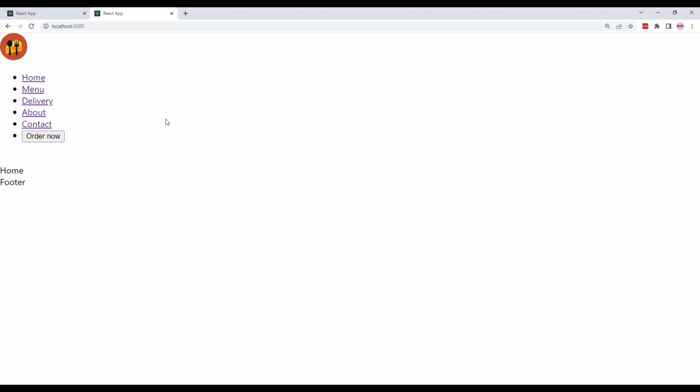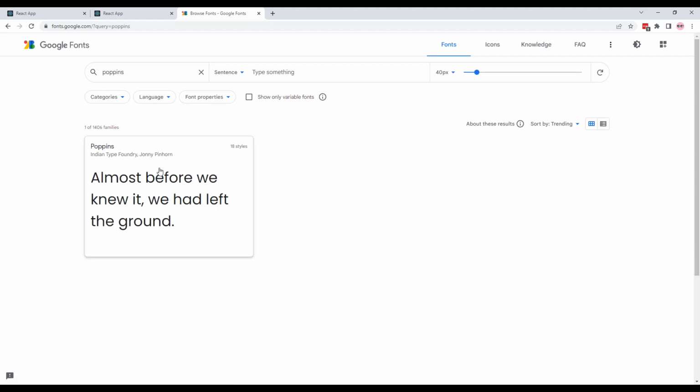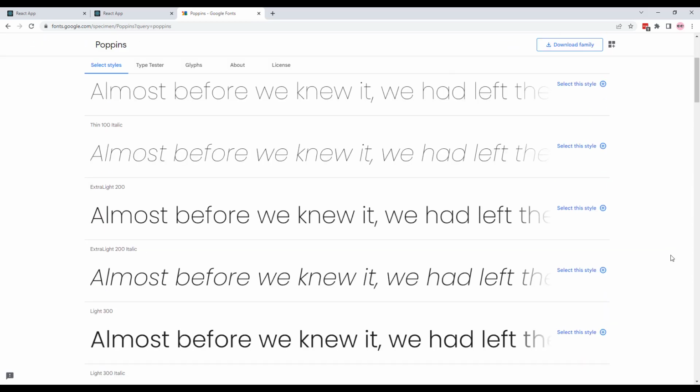So you see that we have the raw content. Now let's start worrying about the actual design. First, let's use a custom font instead of this browser default Times New Roman. Open up a new tab and visit fonts.google.com, and I am going to search for his name Poppins. Here is the font, and then I will choose